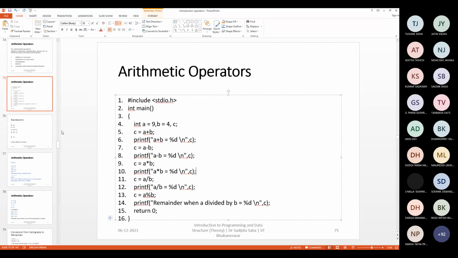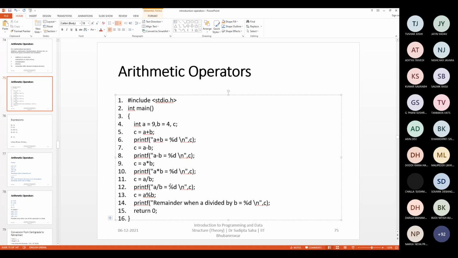So the other extreme solution is that instead of using these integer variables, don't make it integer, make it float. Float A is equal to 9, float B is equal to 4. Now you do these calculations. So what will happen? Two float values will be divided by each other and the result will also be a float, and C will be a float variable, so it will be stored nicely.